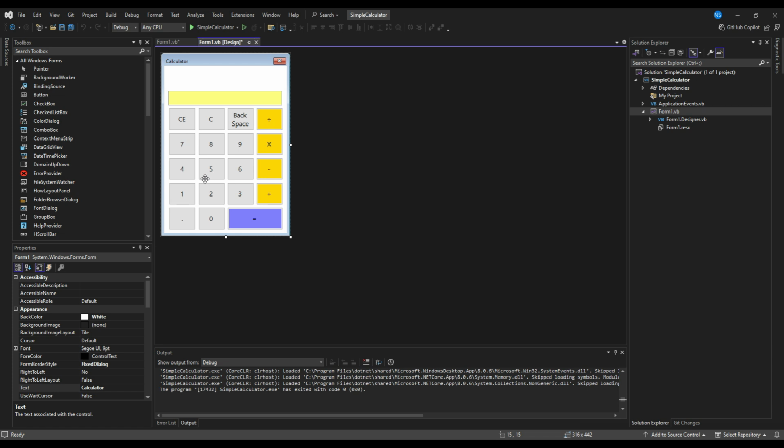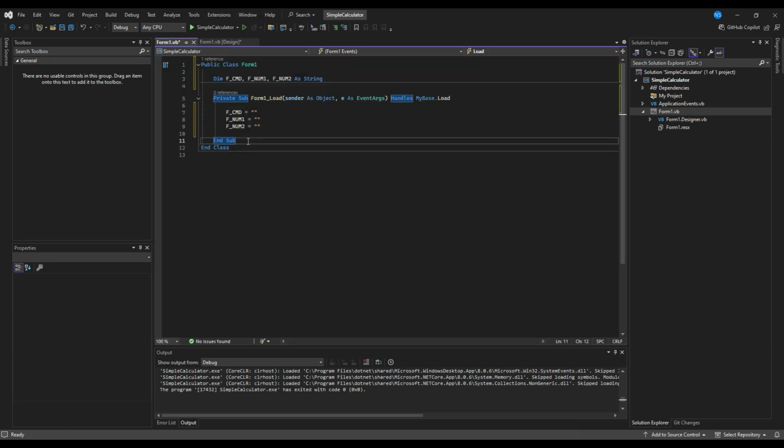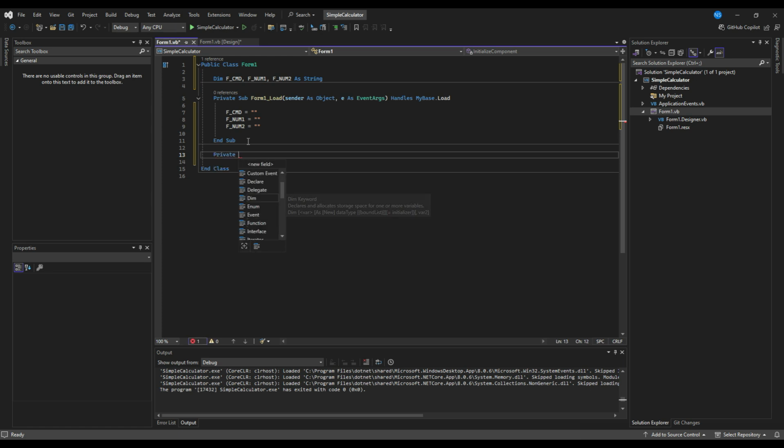So I need to append whatever numbers I key in, and keep appending until I press any of these operators. For that, I'll write an append function. I'll put a small private sub, which is a function. Append